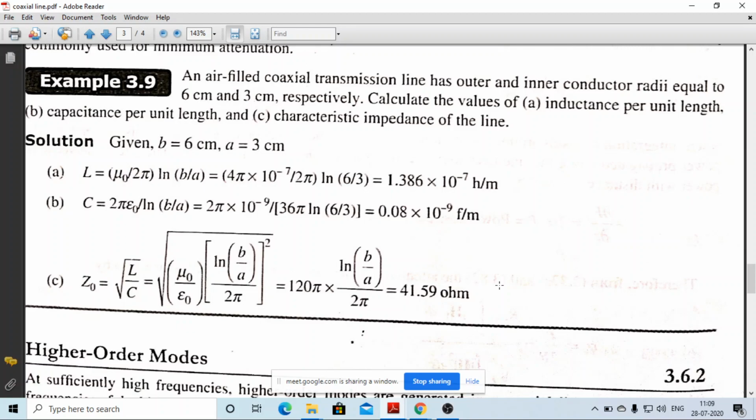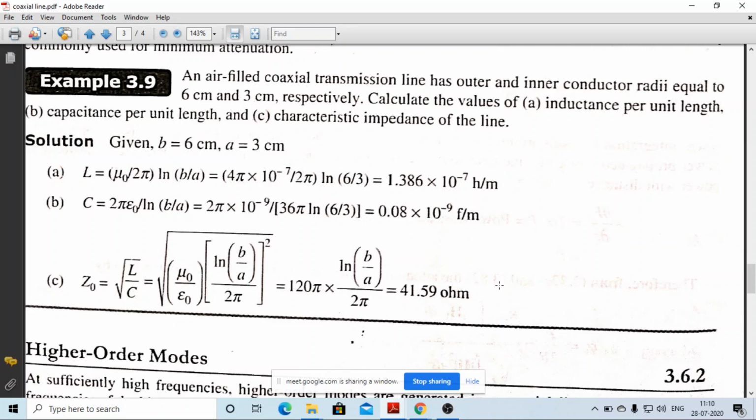Remember that for every type of transmission line, microwave type of line, the characteristic impedance is ideally near 50 ohm, sometimes 40 ohm, 30 ohm, 60 ohm. So this is the particular range for the characteristic impedance. For example, if you are solving a numerical and you find that the value of Z0 is in kilo ohm or mega ohm, it means you are doing some wrong calculation. So you must remember the various typical values of your characteristic impedance.